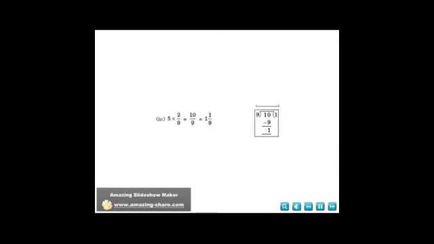Fourth subdivision, 5 into 2 by 9. 5 should be multiplied with the numerator 2. That is 5 into 2 whole divided by the denominator 9. So 5 into 2 by 9 is equal to 5 into 2 whole divided by 9, which is equal to 10 by 9. While dividing 10 with 9, we will be getting quotient as 1 and remainder as also 1. So the mixed format is 1 1 by 9.